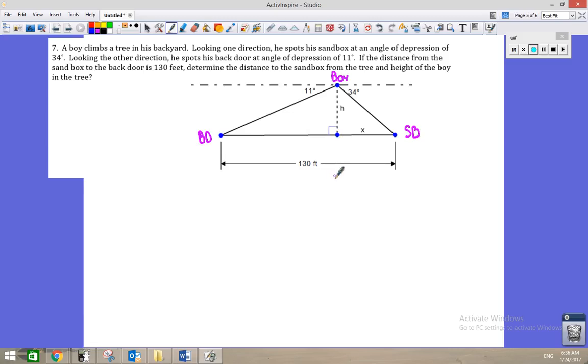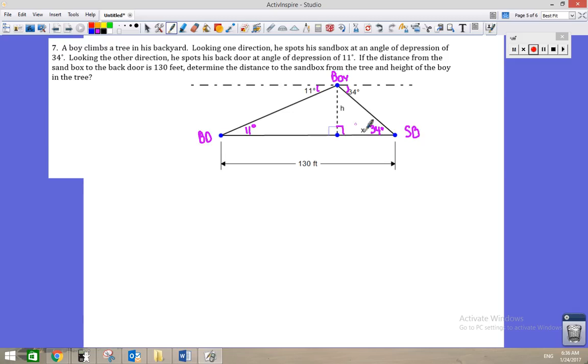Alright, so let's use this triangle. Now, we know that if we have two parallel lines cut by a transversal, alternate interior angles are congruent. So if this angle is 34 degrees, then this angle is 34 degrees. And the same here, if this angle is 11 degrees, then this is 11 degrees. So using the triangle here on the right,